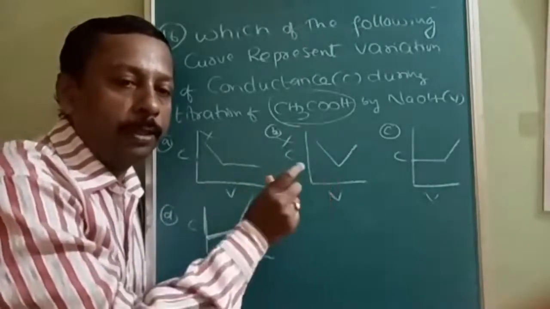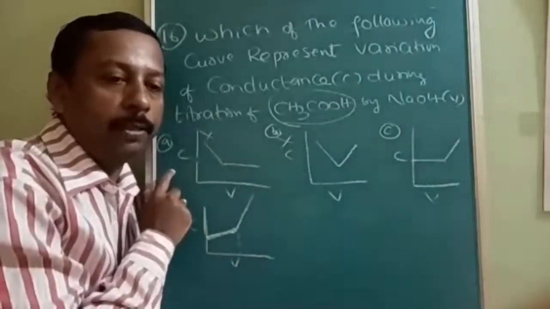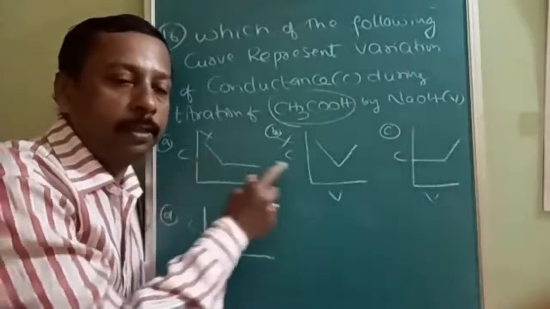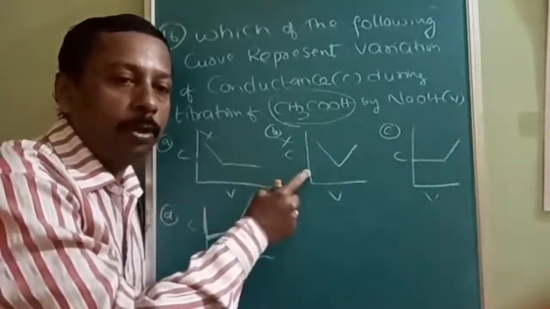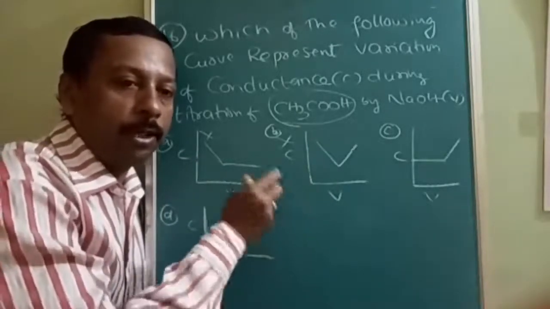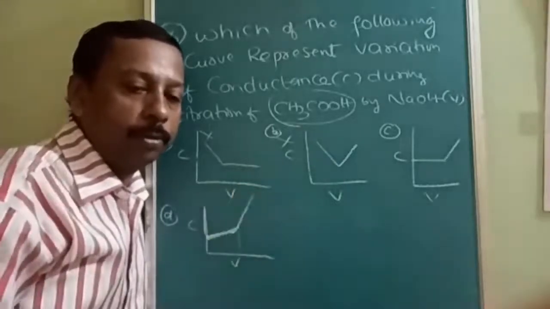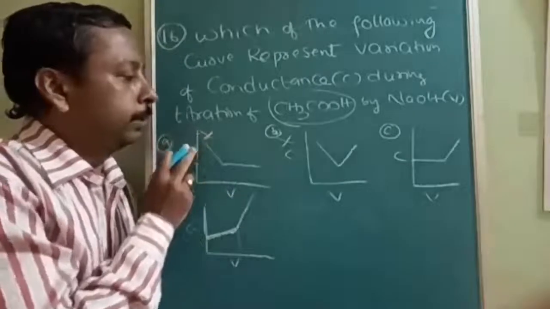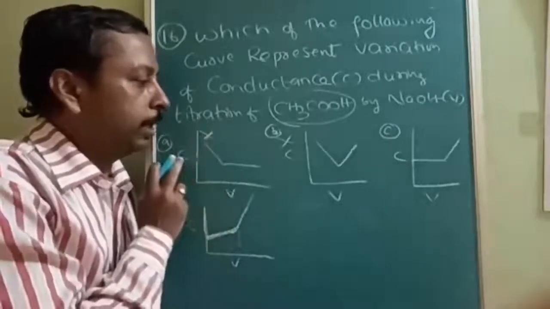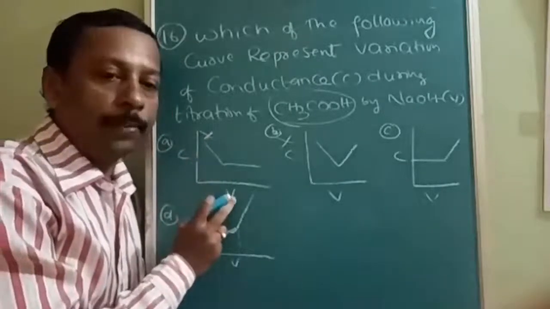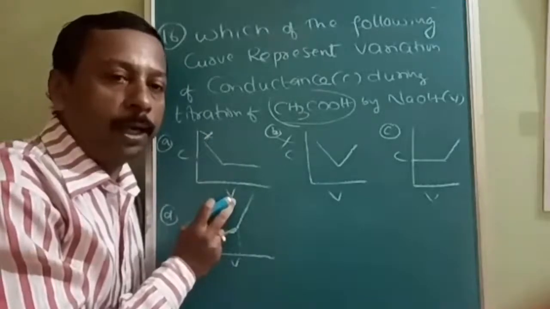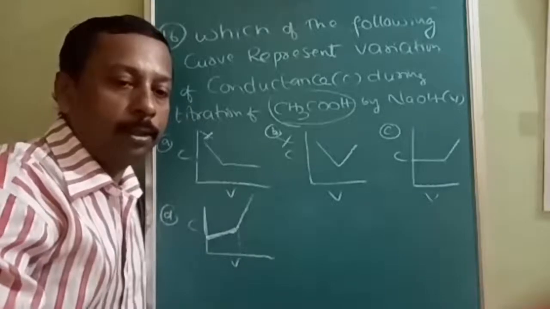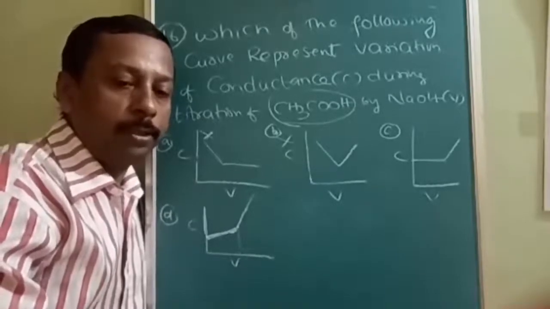Suppose if we tilt this graph, and here we take the sodium hydroxide and here we take the acetic acid, then this and this may be true. Understood? So this is how you have to approach not only this question, but all related questions, and you should be able to solve them. The x-axis is the volume of NaOH being added and the y-axis is conductance. Accordingly, we are calculating the conductance. Is it understood? Conductometric titration.